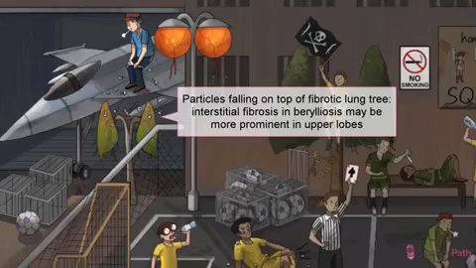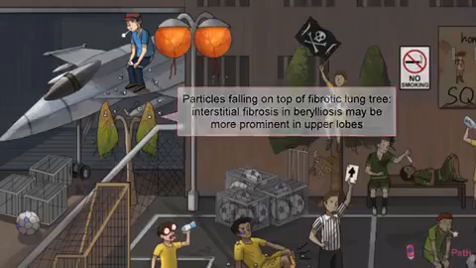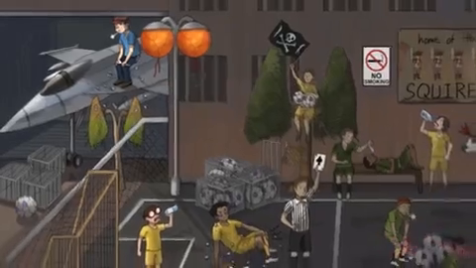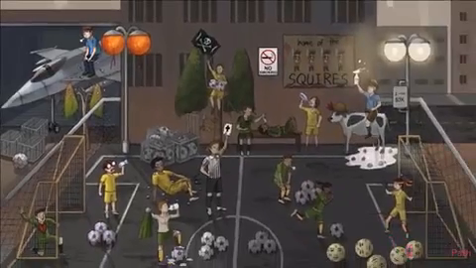Similar to what we see in sarcoidosis, the clinical picture involves the insidious onset of dyspnea, fever, and weight loss. More advanced symptoms include cor pulmonale, much like many of the other interstitial lung diseases. Keep in mind that the latency between exposure and onset of symptoms can range anywhere from 3 months to 30 years. Well, that concludes our chapter on the interstitial lung diseases. Just to quickly recap,